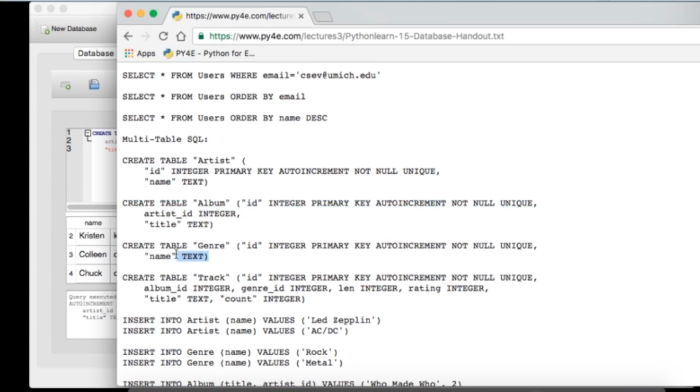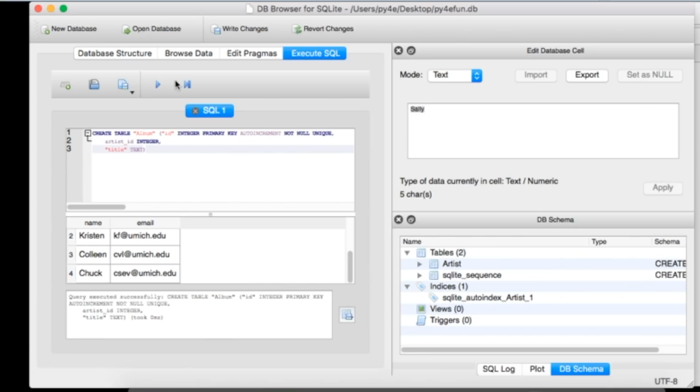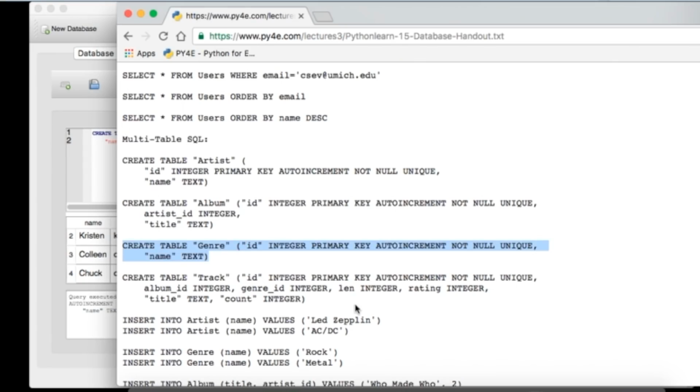And we'll continue. The genre table has an ID on it, and primary key order. You'll just copy and paste these. That whole thing, you do that over and over and over again. So we'll go in here and run that one. And so the last one we're going to do